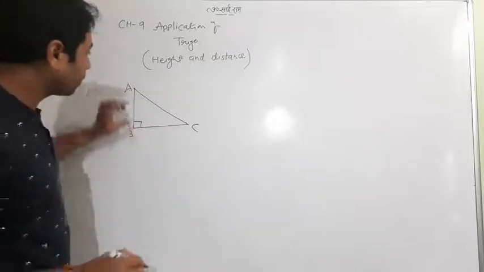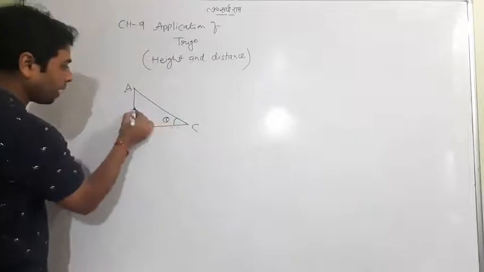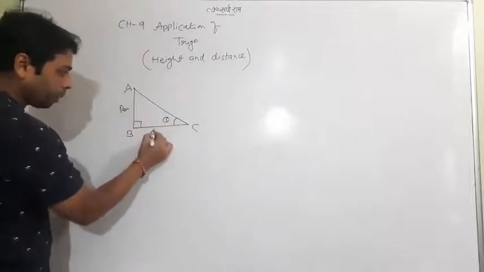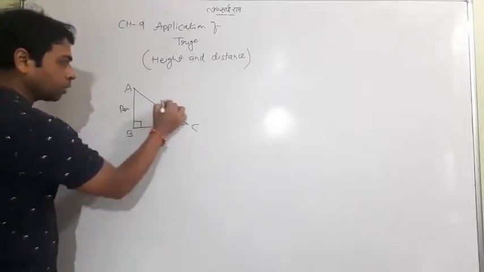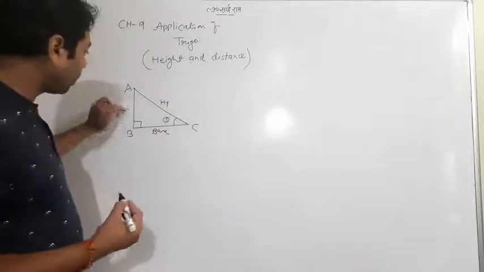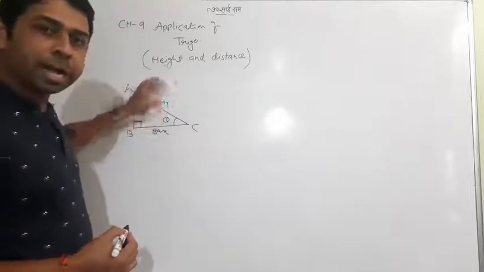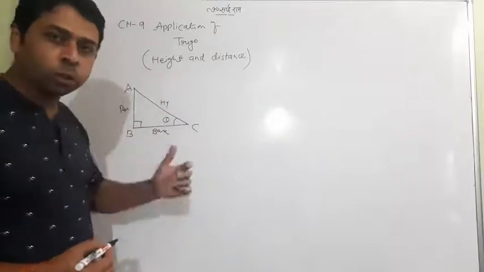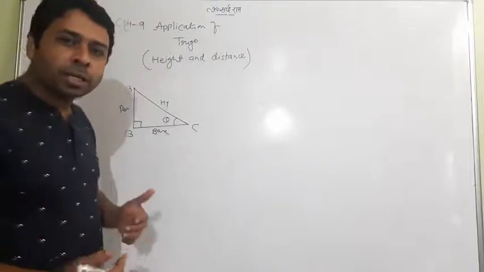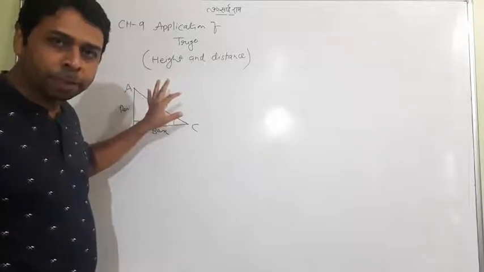very well known. Suppose this is an acute angle theta. So front of that is the perpendicular, this is the base and this is the hypotenuse. You well note, about sine theta, you know that perpendicular upon hypotenuse. About cos theta, you know base upon hypotenuse. Tan theta, you know perpendicular upon base, and so on. In practical life, many times this kind of situation is created.